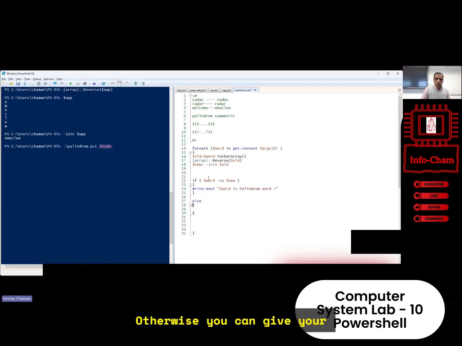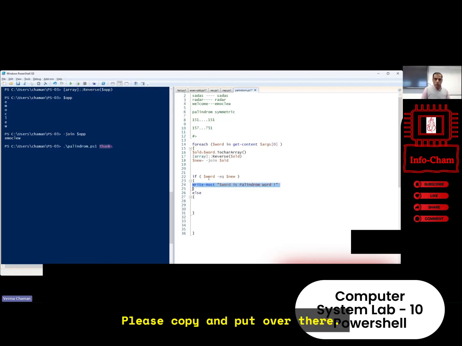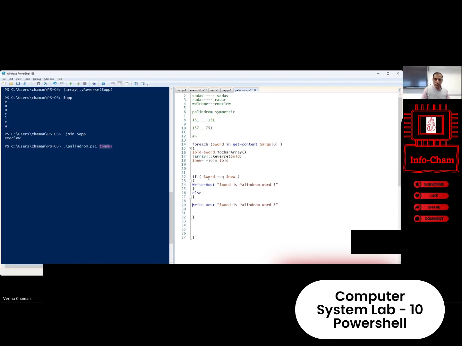Otherwise, you can give your opposite decision. Please copy and put it over there. Is not a palindrome. I think it is okay, and